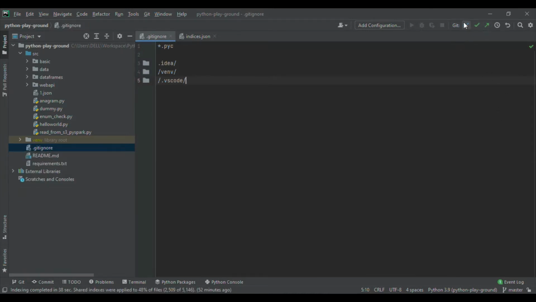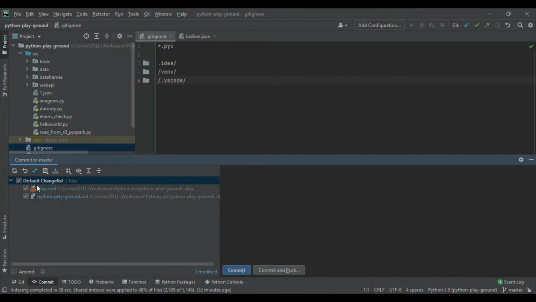Those indicate: down arrow means we can take a pull. It is kind of updating the project from GitHub. Say pull, equivalent to pull. If you click that, it will show whether you want to merge or you want to rebase. Okay, and if you click on this, it will show you commit, what are all the files pending to commit.